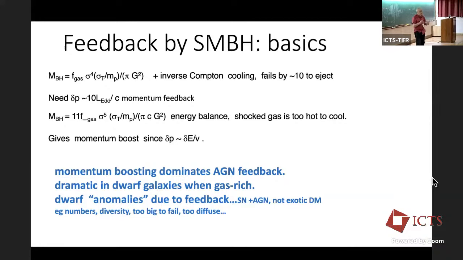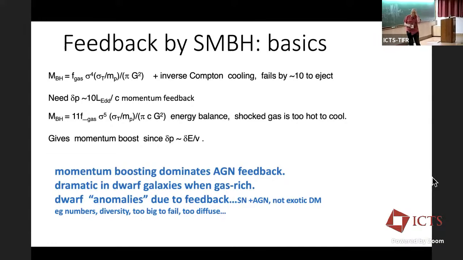And so we consider two limiting cases to try to understand what might be going on, whether the gas, as it sweeps up the stuff around it, this is typically a young galaxy with lots of gas, perhaps, we either conserve momentum or we conserve energy. It's hard to tell which of those two is the relevant one, it may depend on the circumstances, but one or the other, depending on the details of the plasma physics, is likely to approximate the truth. And we can test all of this with simulations, of course. I'm just giving you a very rough idea.